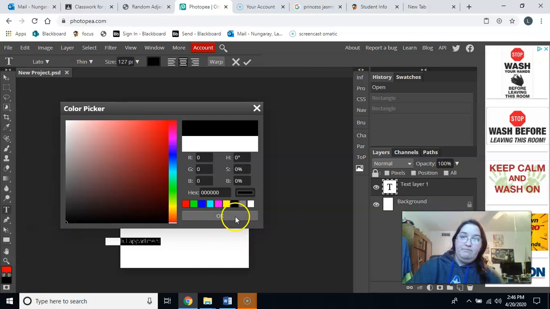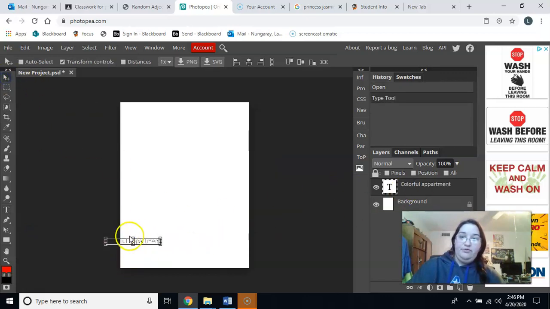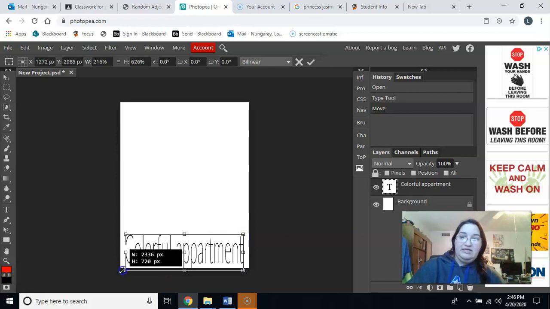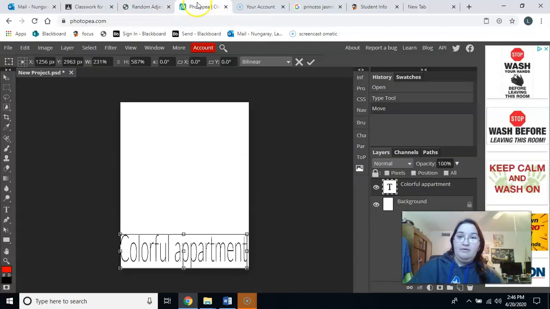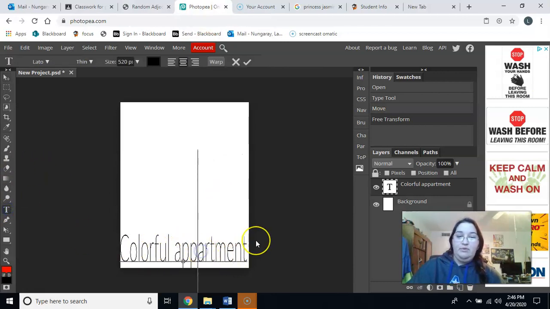So just make sure to click black. Then you can go ahead and click the move tool and move this over and make it a little bit bigger, however you want to do, so that I can see exactly what